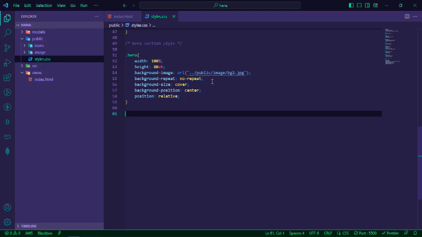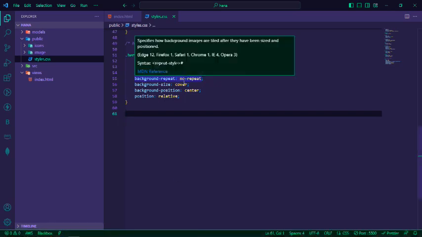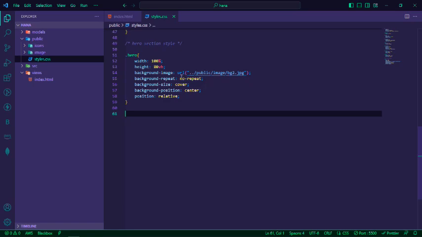Adding a background image from our CSS. So now with this background image, this guy is showing now. As you can see, we are calling the background image, we are giving it the URL, and we are passing a URL that shows exactly where the image is located. So we are telling it